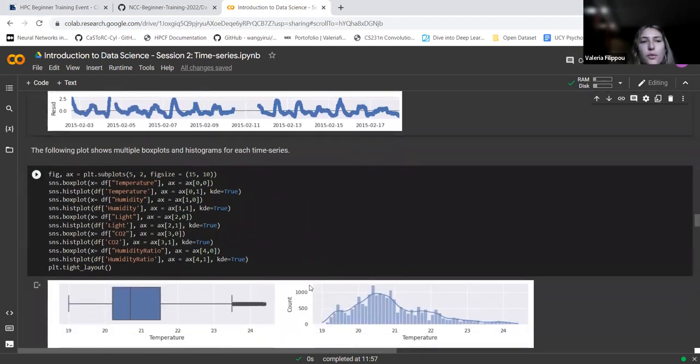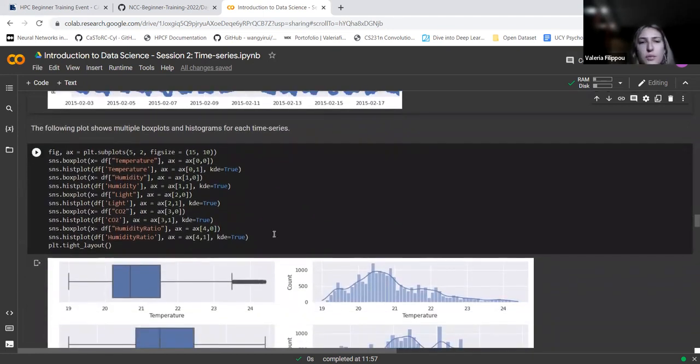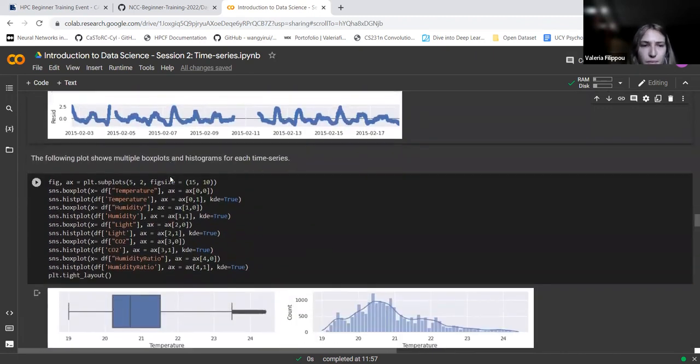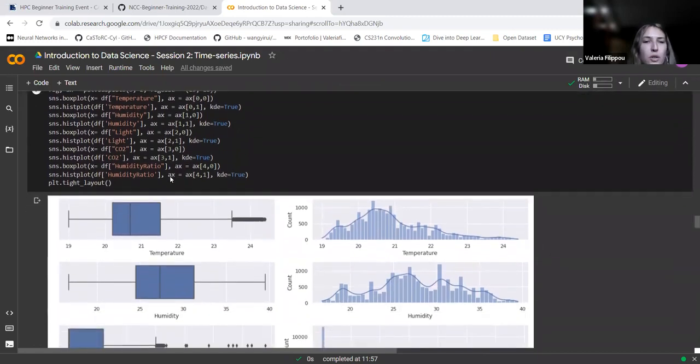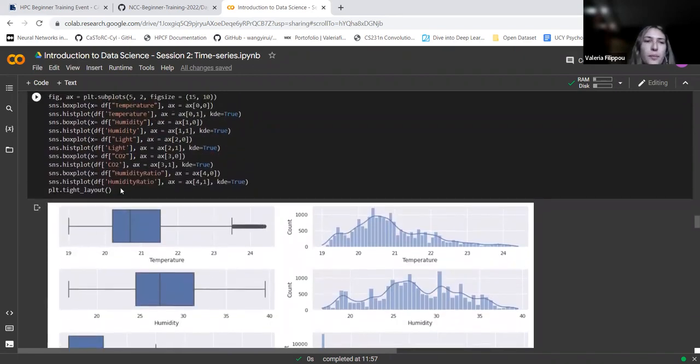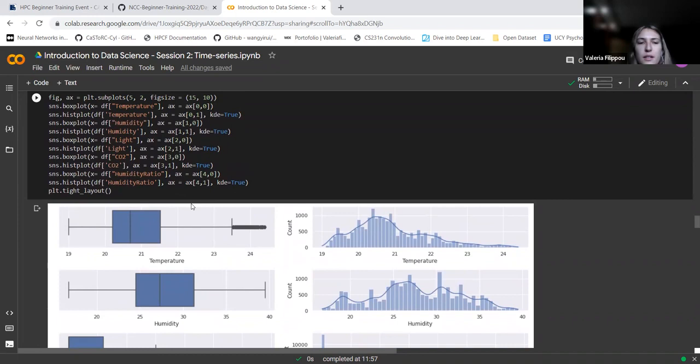Another useful one. Now these were mainly line plots. Now we will examine the box plots and histograms. From this figure, even though they are very different plots, we can actually show that they show similar information. For a box plot, we use the seaborn box plot, and we just need to specify the X